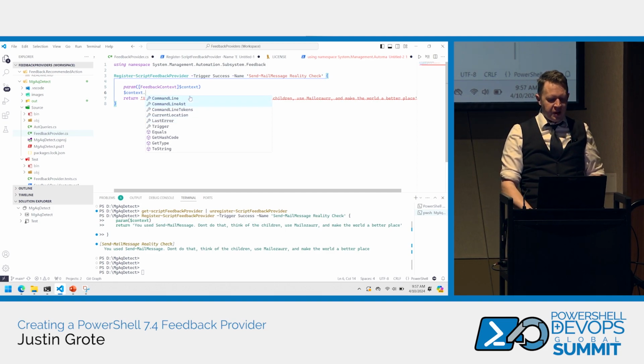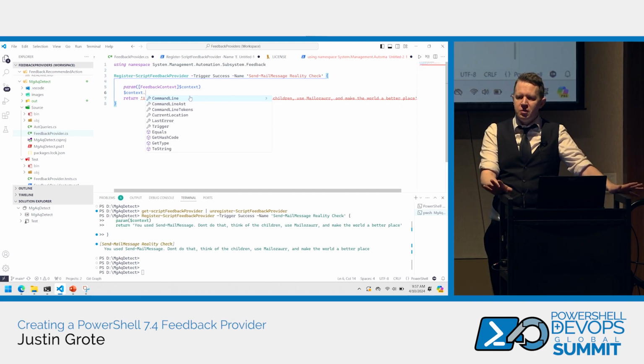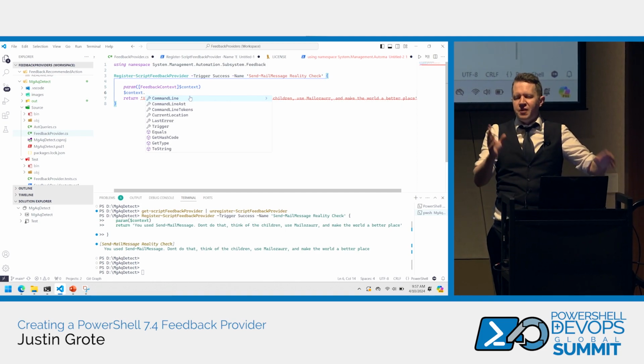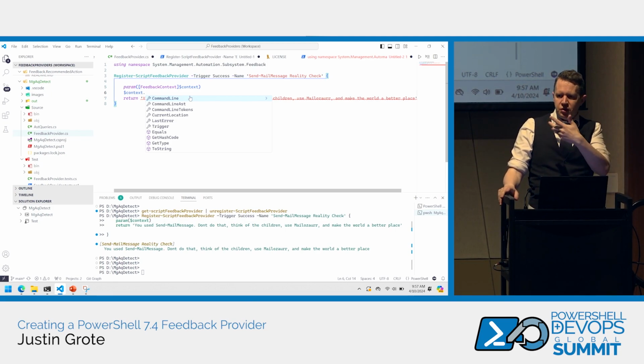So I have command line and command line AST. The command line is the easy one. That's just the text version of what somebody wrote. Command line AST is the fancy tree. Most of the time you can just use command line, and we'll probably use it for this example. The command line AST gets into the abstract